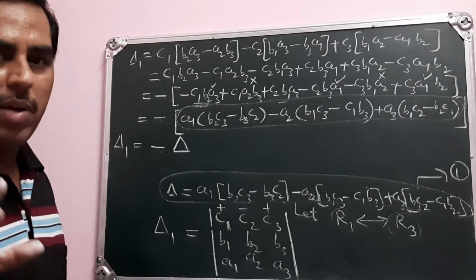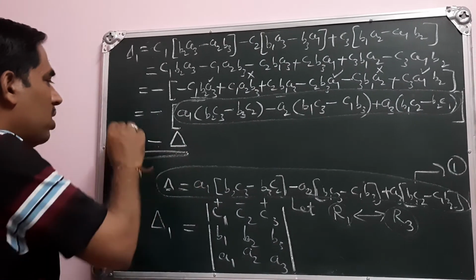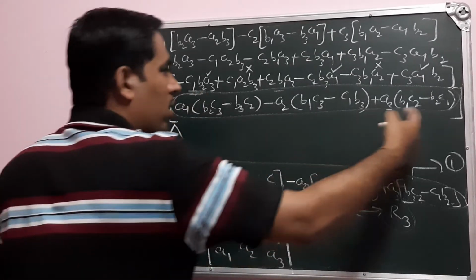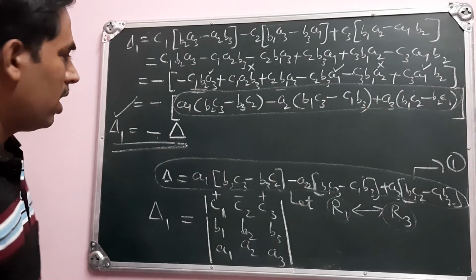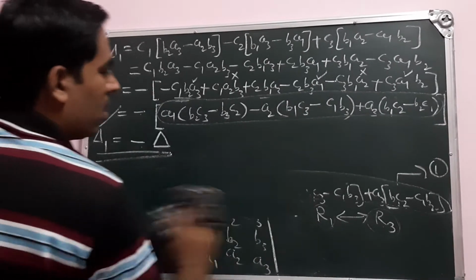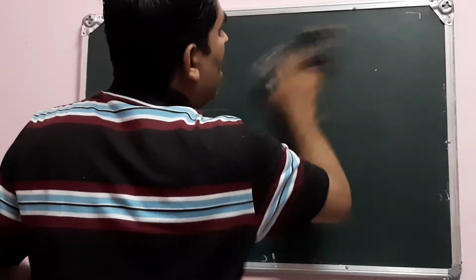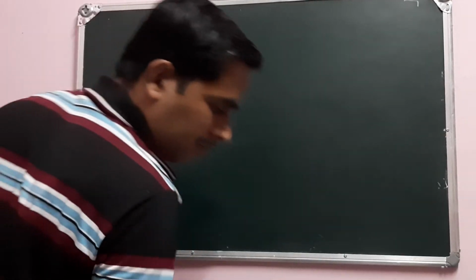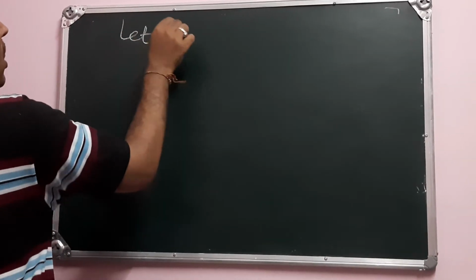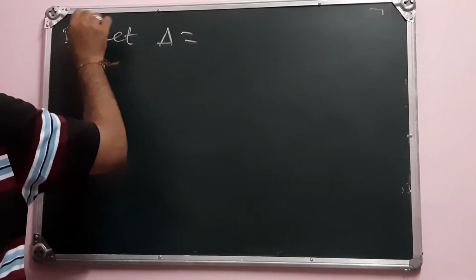We can verify it by an example. So I have shown the proof here. So we have proved that the new determinant changes the sign, that is minus delta. So whatever quantity I have written inside the bracket, that is delta. Let us verify this by taking one small example here. I will consider a 3 cross 3 determinant. Let us consider one determinant here. This is an example for verification of the second property.